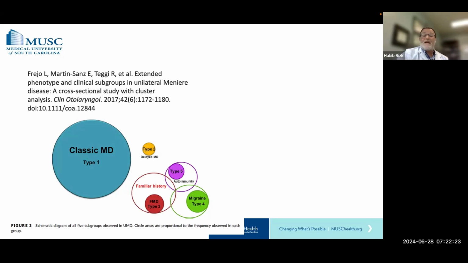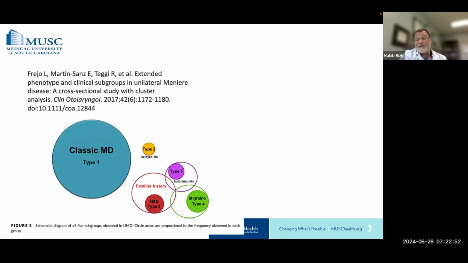Type 2 is a delayed Meniere's disease hydrops, which is related either to an injury to the ear, like a sudden sensorineural hearing loss, followed a decade later by a Meniere's disease presentation, or a post-surgical manifestation. Type 3, which is familial, and some cross-linkage analyses have found certain genetic mutations associated with sodium channel metabolism